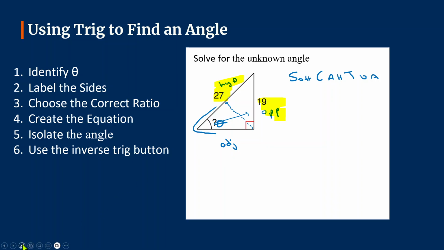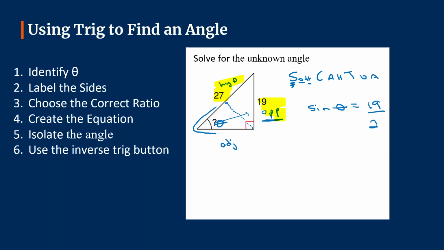I know two of the sides, and I'm going to use those two sides to set up my trig. The two sides that I know are opposite and hypotenuse. That's exactly what sine wants. Sine says opposite over hypotenuse. So this is a sine question. I'm going to set up sine. Sine theta equals opposite